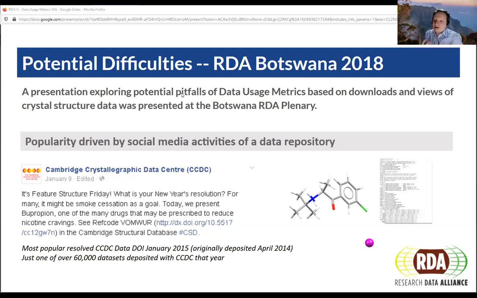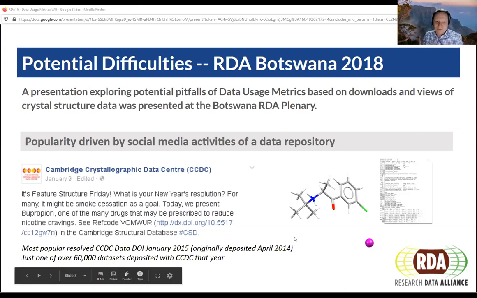I used as an example the work we do at the Cambridge Crystallographic Data Centre, where we have a large repository of data associated with the crystal structures of chemical entities. This is an example of such a chemical entity. If each of these data sets gets a DOI, you can follow this through and view the data, and we can track those DOI resolutions.